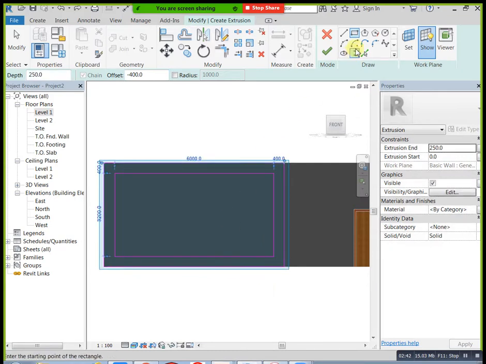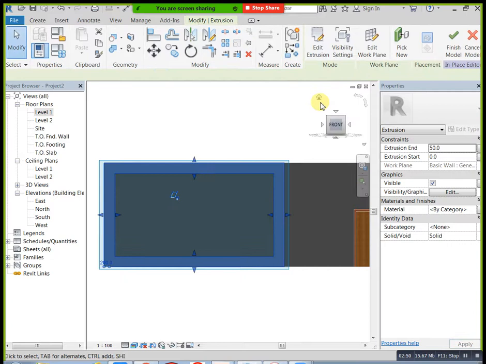Next you can mention your thickness, just 50. Then you can see 3D.